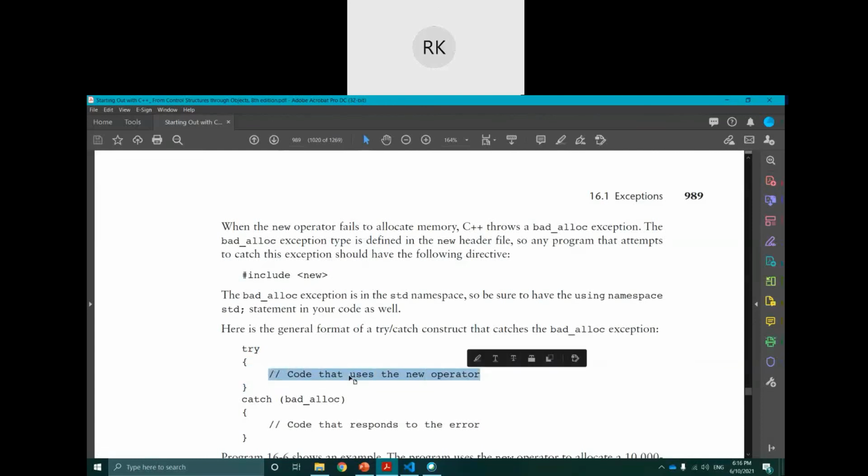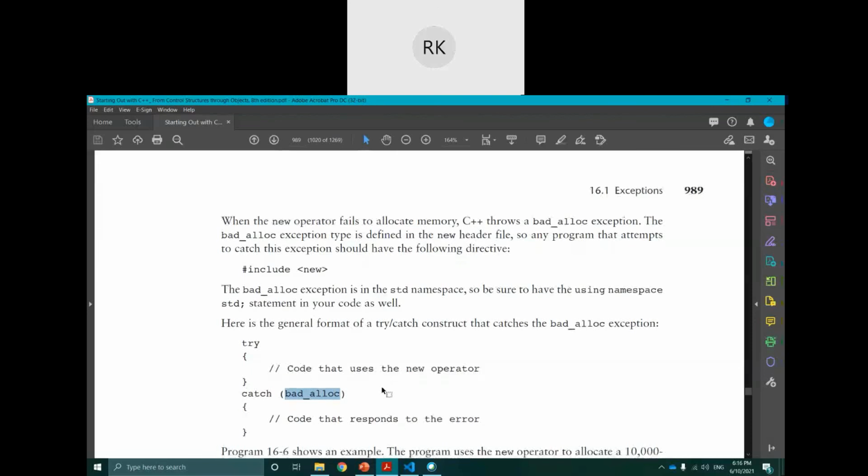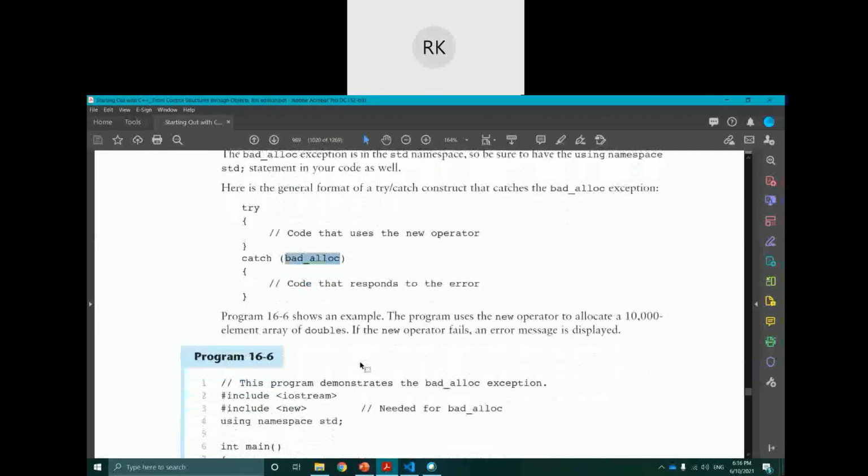Okay, so whatever code is related to new you will put here in the try, and you see the catch type is what? Bad allocation. Bad allocation means the memory could not be allocated to the new operator, for the newly generated object. Okay, memory could not be assigned. Then the catch block will display a message. The program is actually given, but I don't think that you will be